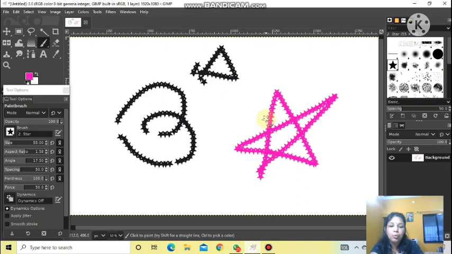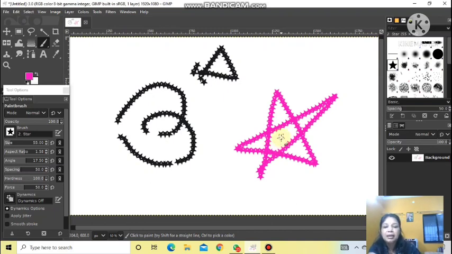Bucket fill means if you want to fill some color in a closed shape. Closed means no part should be open. Like I have made a star. Here this part which is surrounded by different lines will be known as a closed shape. So here I can fill color.